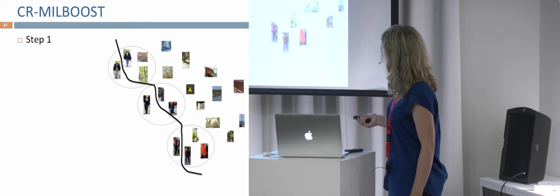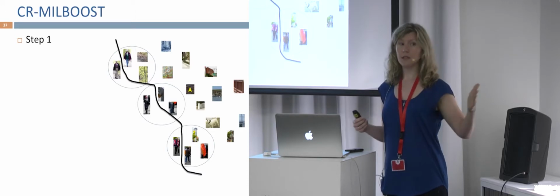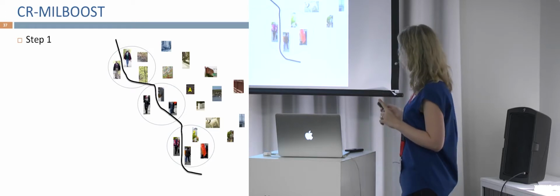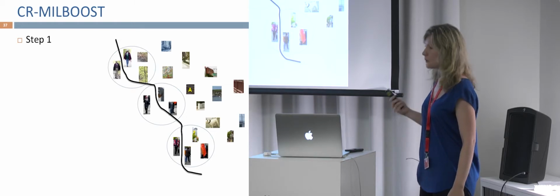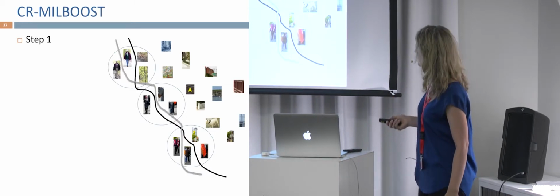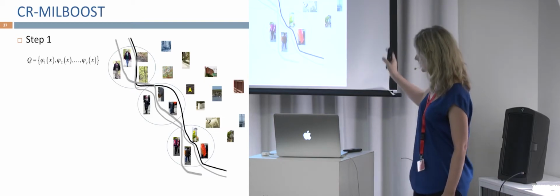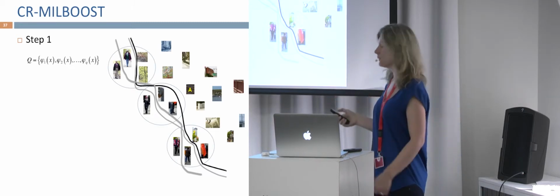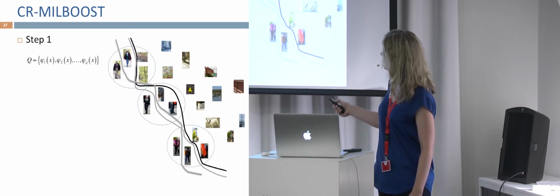Okay, so just again to illustrate this, we're now going to train a committee of classifiers instead of just the one that we had before. With our approach, we're going to have multiple classifiers, and each one will be trained exactly in the same way as before, but there are now going to be multiple. Here I'm just showing 3 different classifiers. Each one is initialized randomly, so they will all be a little bit different. So Q is now a set of classifiers, phi1, phi2, and so on, which we call the committee.